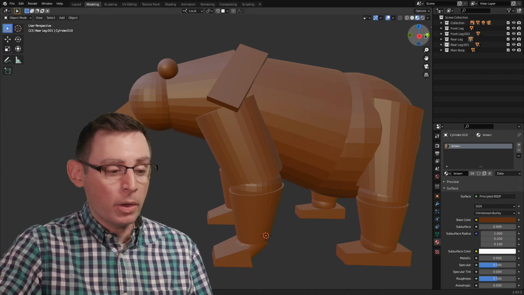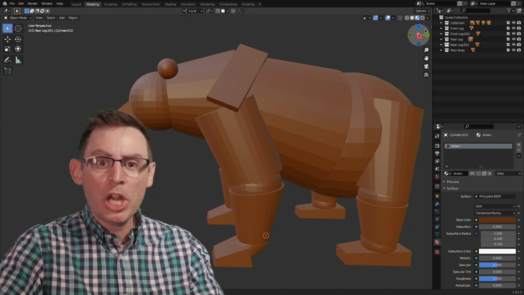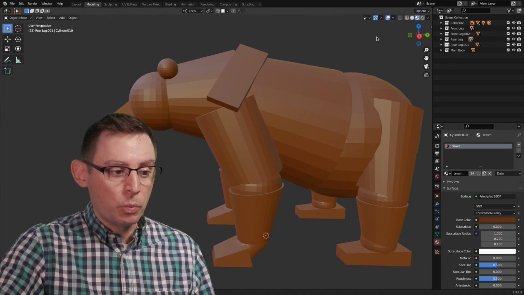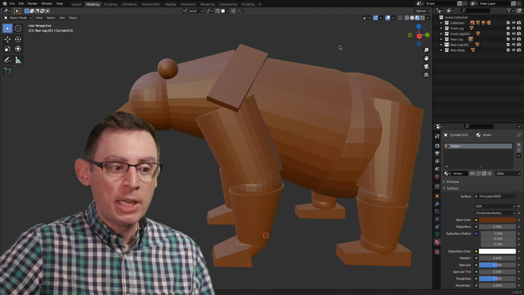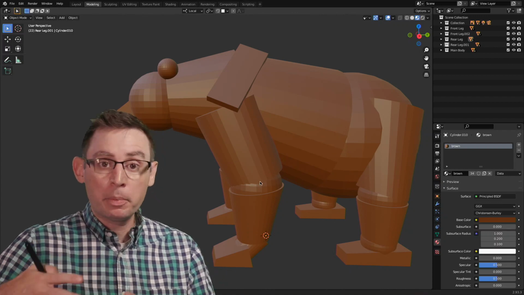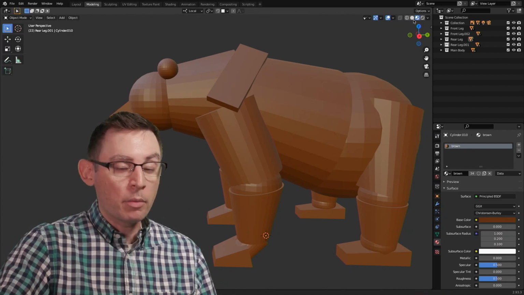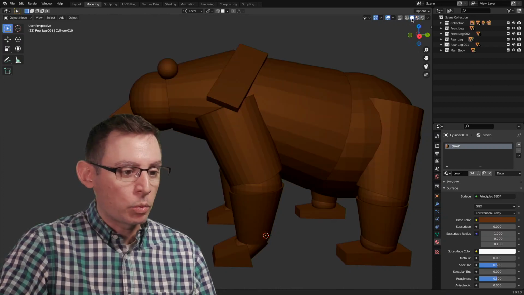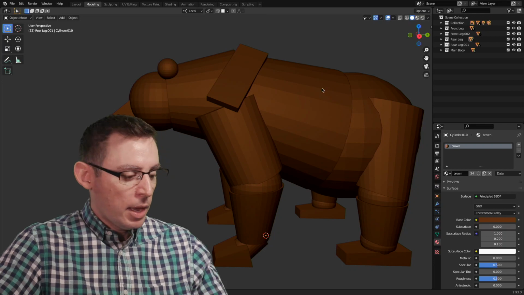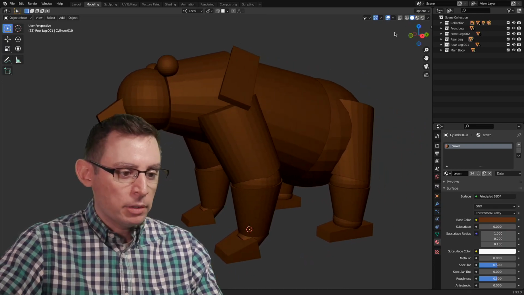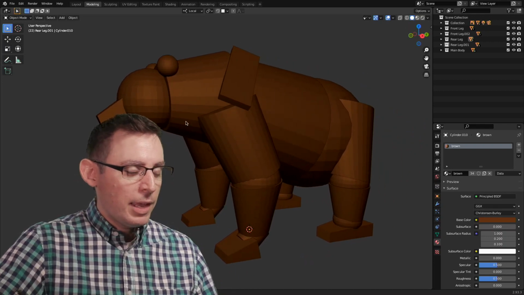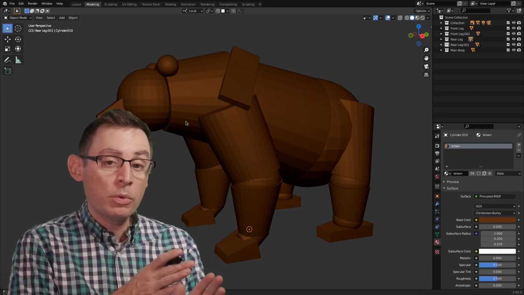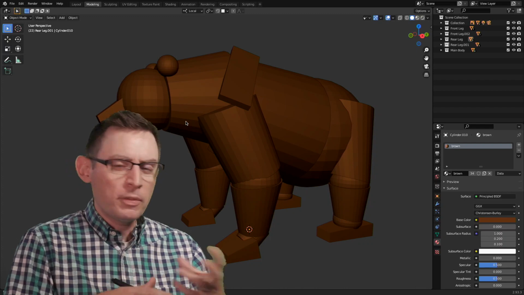All right, so where we're going is up into our viewport shading properties, way up here in the upper right hand corner. I'm in this third one, which is giving me a shading preview of the material that's been applied to my little grizzly bear here. We don't want that. We want the number 2 one, which is going to bring in our Workbench shading engine. And the number 2 option, this little white sphere, is going to allow us to customize how we're working with our viewport shading styles to give us a different look.